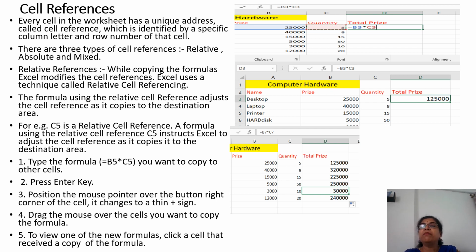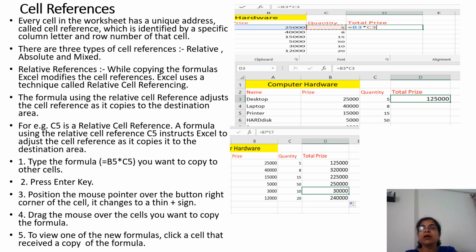See, here we have typed the formula B3 multiplied by C3, because that's price multiplied by quantity. After typing C3, simply press the enter key and you will get the price of this. And this same formula we want to copy over these cells to calculate the prices of different products.